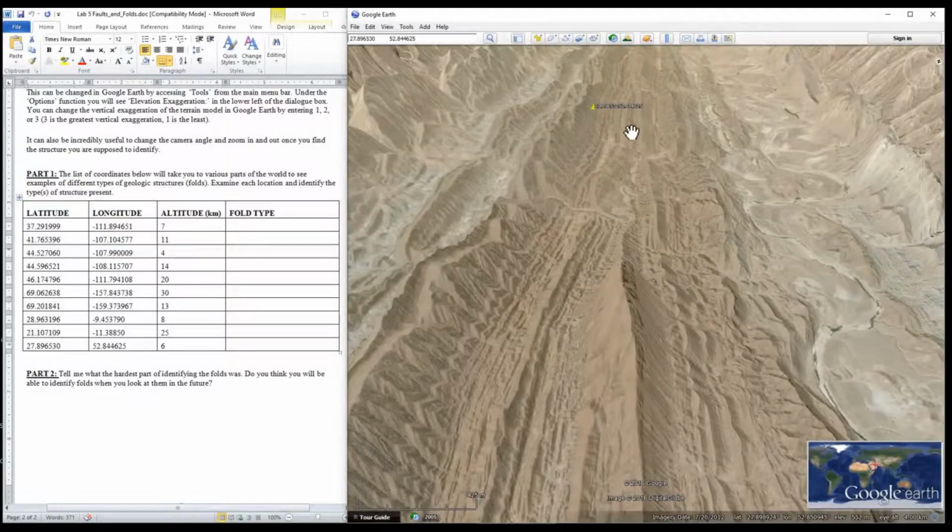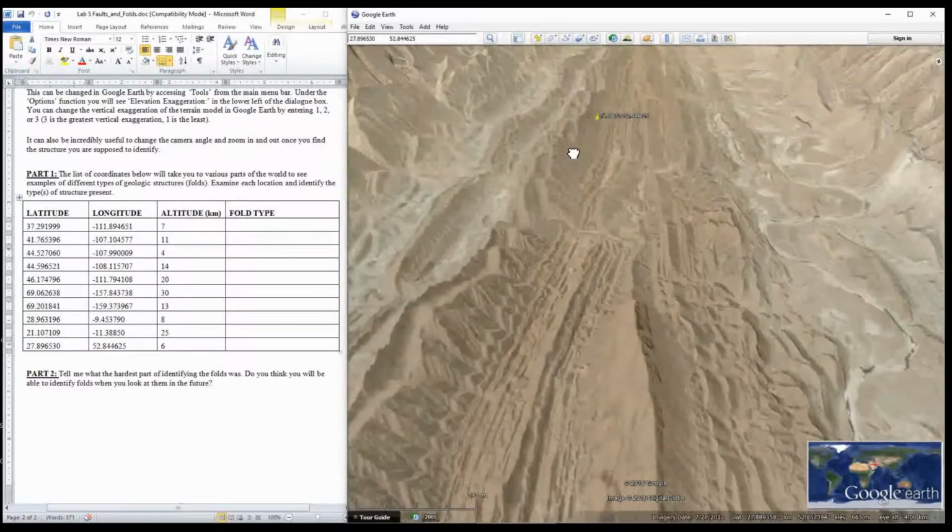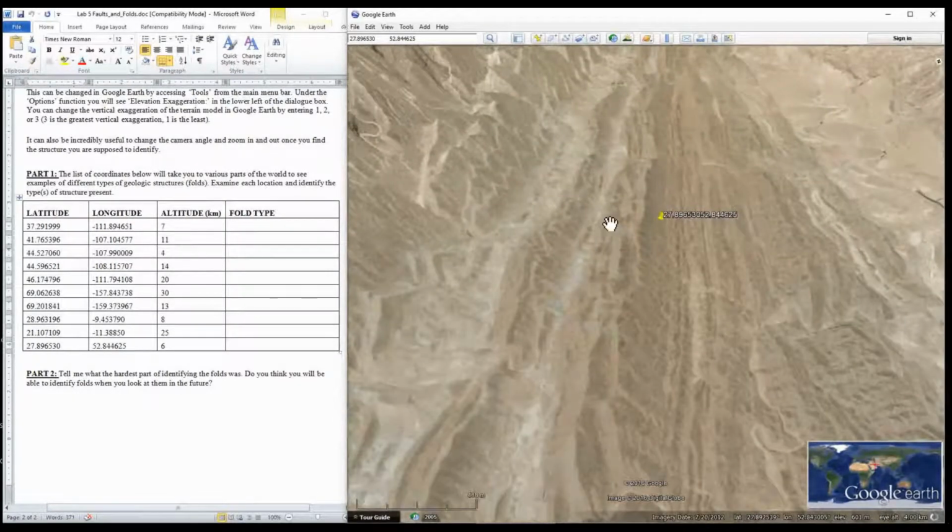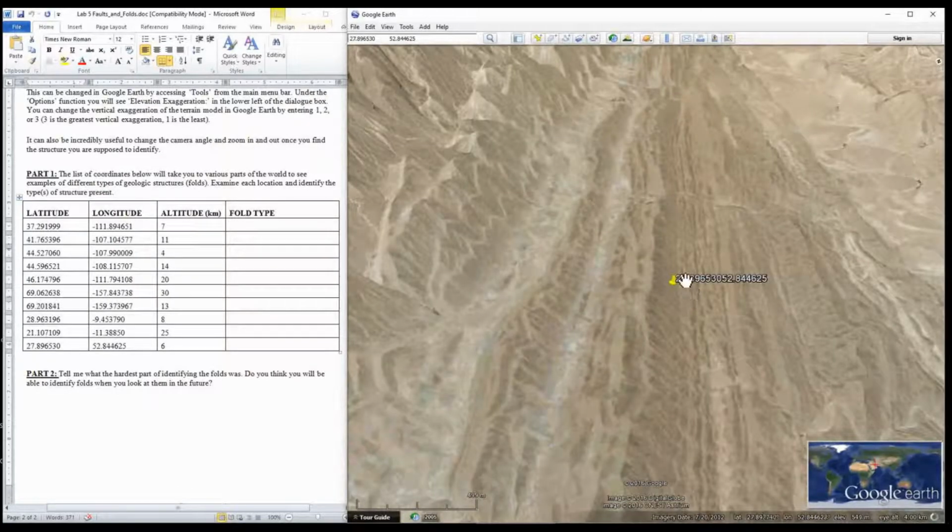What we want to look at to know if we have an anticline or a syncline is the orientation of the beds. Now, we just have an image. We can't go and dig and expose the beds, but erosion has exposed a lot for us. If we come over here close to the little pin